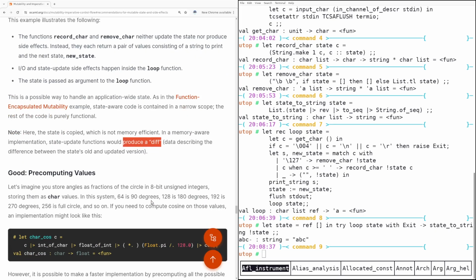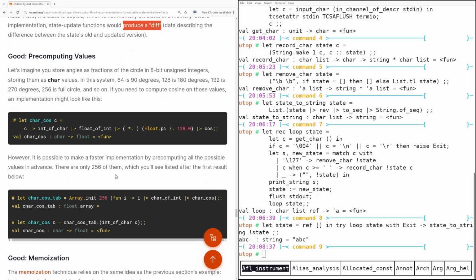Alright, let's look at good practices of pre-computing values. So consider storing angles as fractions of a circle, right, in 8-bit unsigned integers. So character values, so this system will have 64 is 90 degrees, 128 is 180 degrees, and so on. Right, 256 is the full circle. So we are representing angles. So we can compute cosine on those values using something like